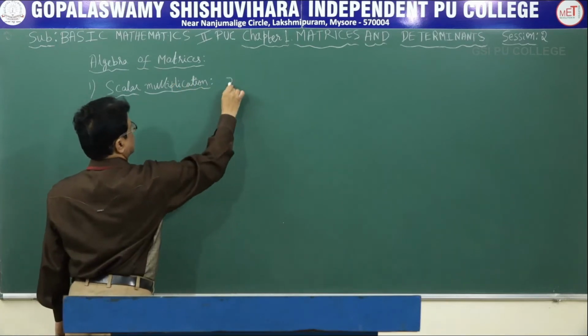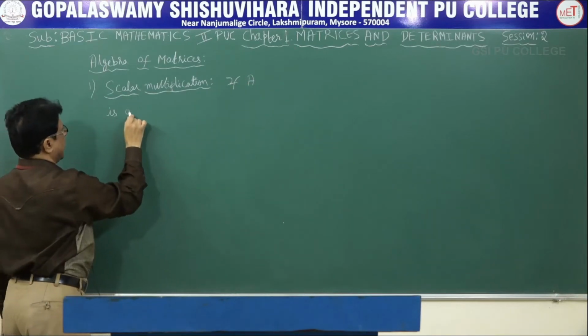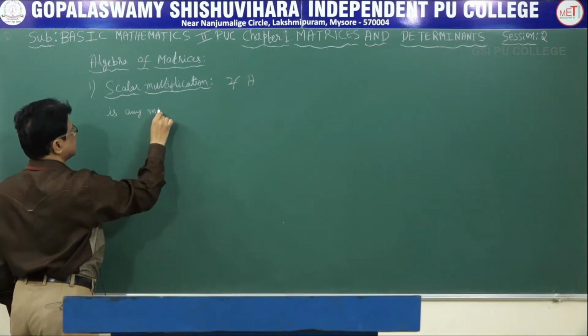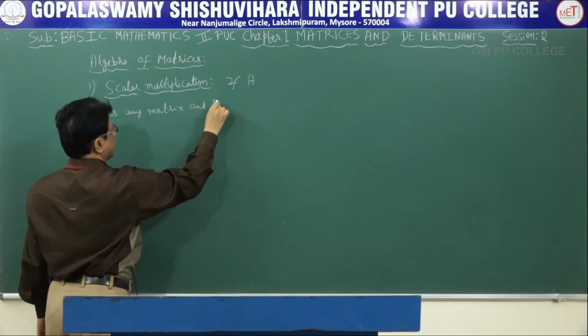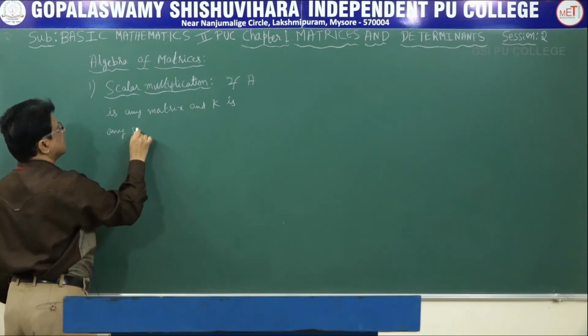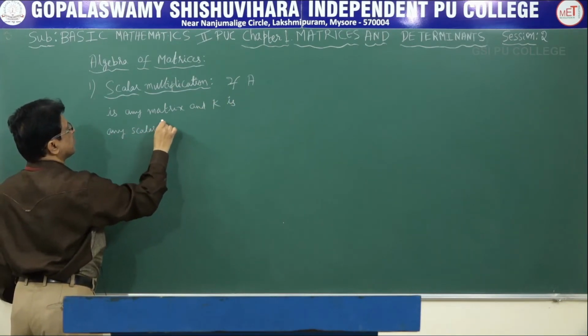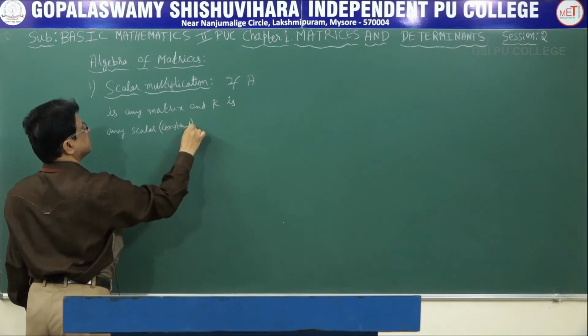If A is any matrix and k is any scalar, scalar means it is some constant,